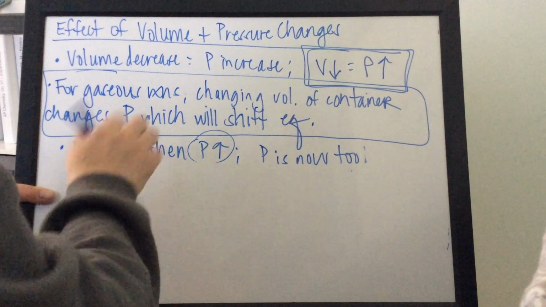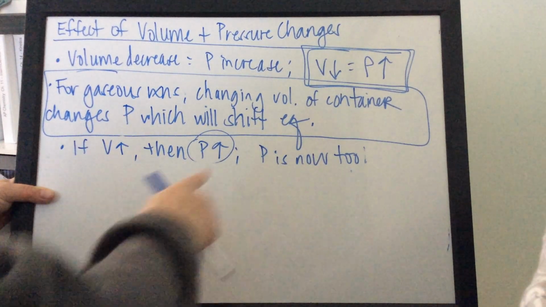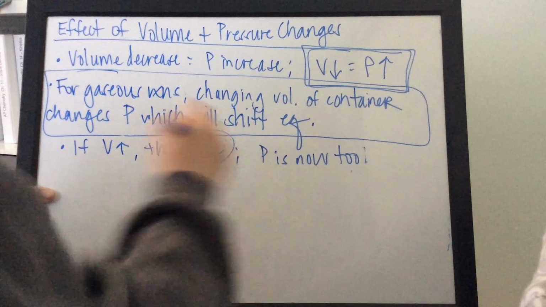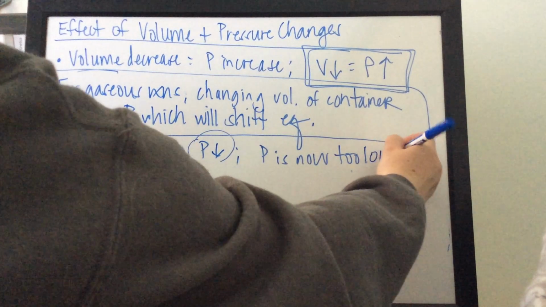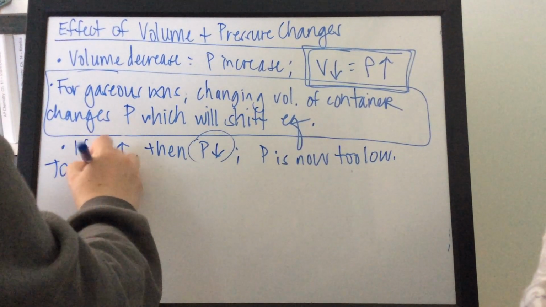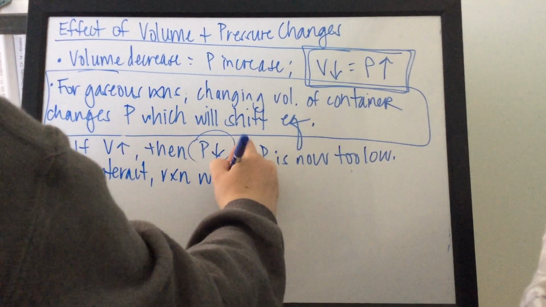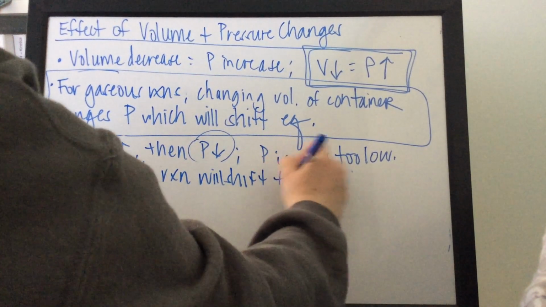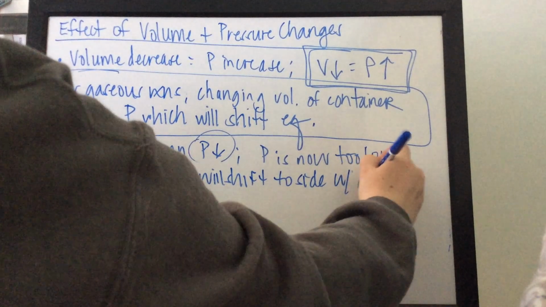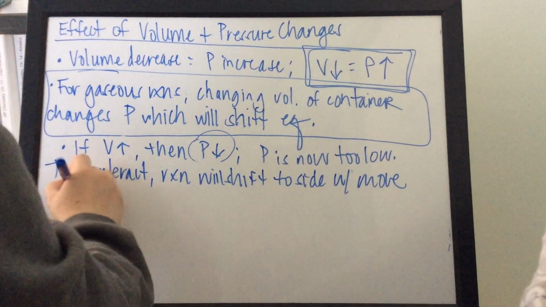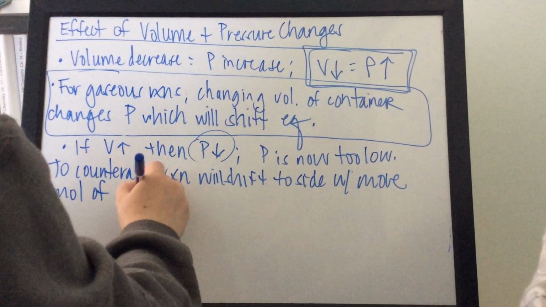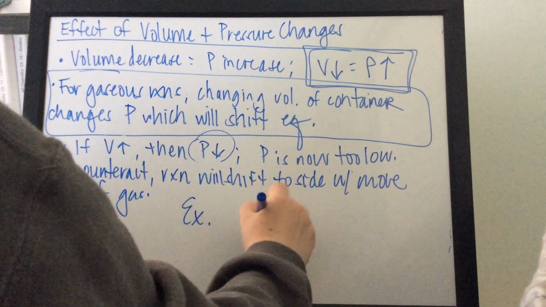So the opposite is true. What if I increase the volume of my container? Then my pressure decreases. Pressure is now too low. So it's all the opposite. To counteract, the reaction will shift to the side with more moles of gas. So again,